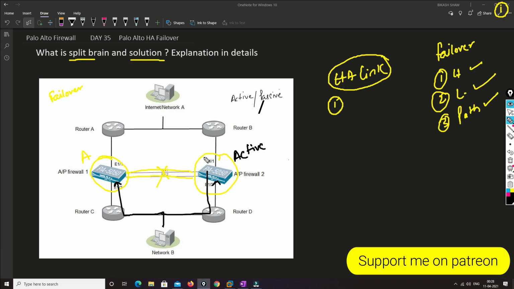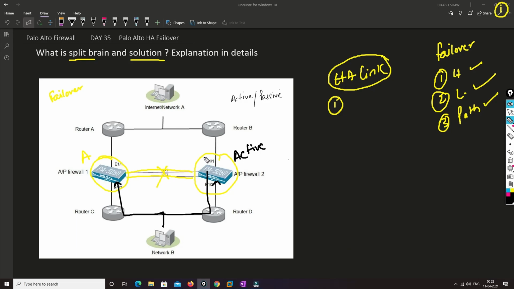What is the solution? To solve this problem, we have something called a backup HA link. How we can implement a backup HA link, we'll see in the practical.